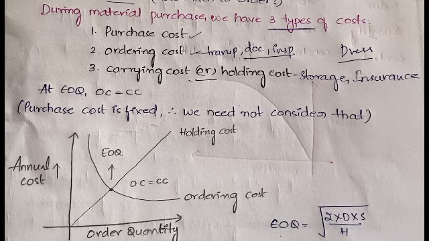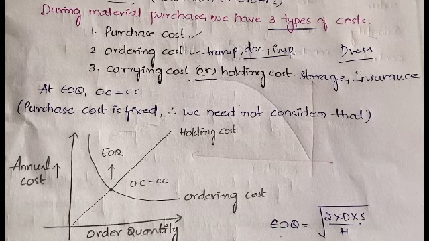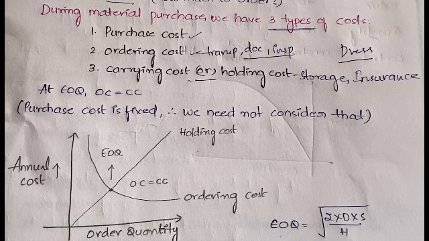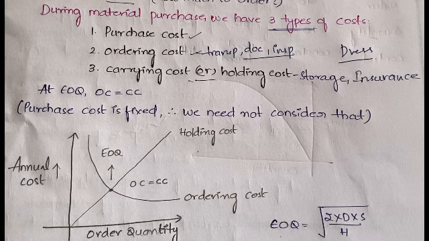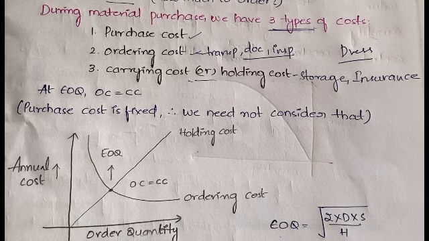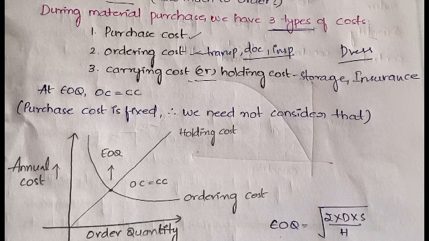Moving over to the traveling cost, in ordering cost we have traveling. If you have purchased 100 units of material, then traveling cost will be less. You can just bring it in a trolley auto or something like that. If you are purchasing thousands or 10,000 units of material, then you need to get a big container, a big lorry or a big truck. So the transportation cost will vary, and even the carrying cost, the storage and insurance cost, will vary according to the quantity. But the purchase cost is fixed. It is the base amount that you pay for it, so we need not consider purchase cost while we are discussing these factors.